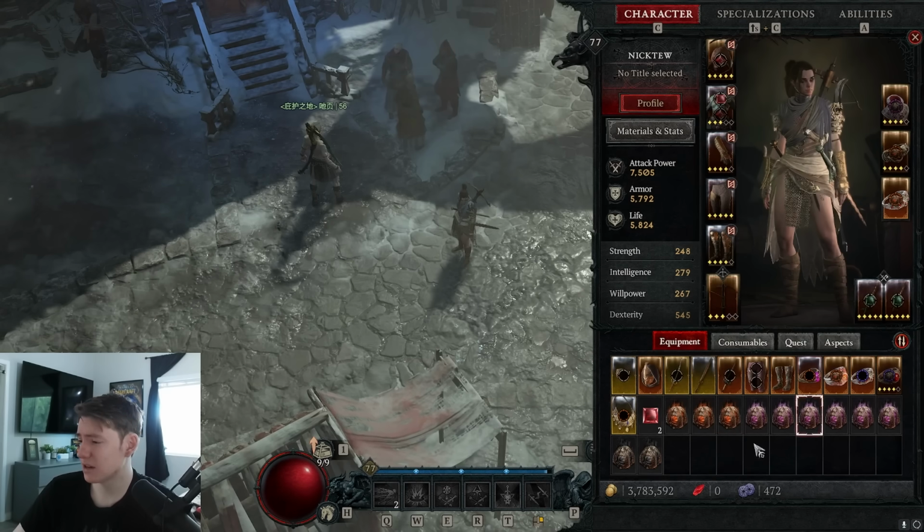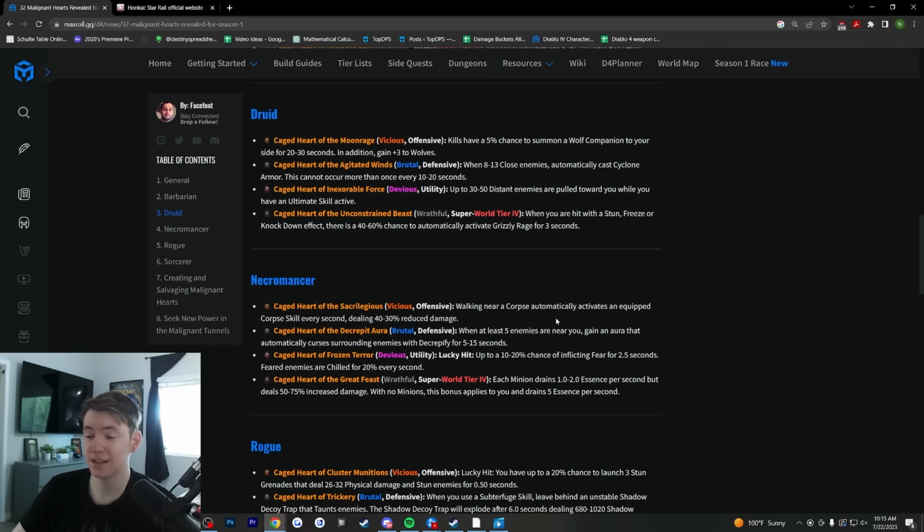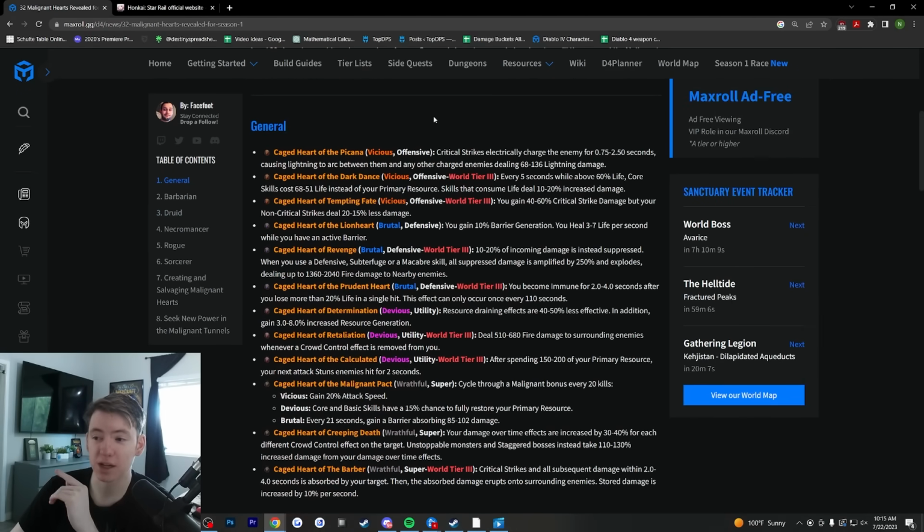I've been testing a ton of them, and I just want to go over which ones I think are good with you guys. Honestly, though, I'm extremely disappointed with the Rogue ones particularly. Let's just talk about which ones are actually good, and then I'll briefly mention why some of the other ones are bad. So when it comes to the actual good ones that you want to be looking out for, Tempting